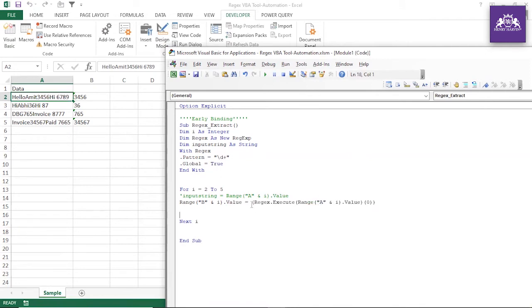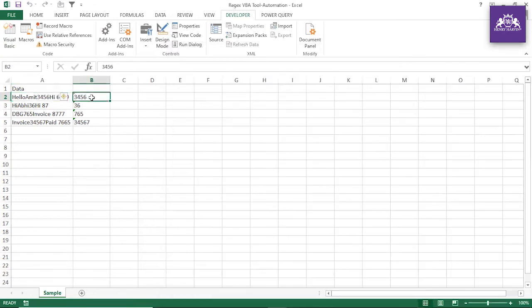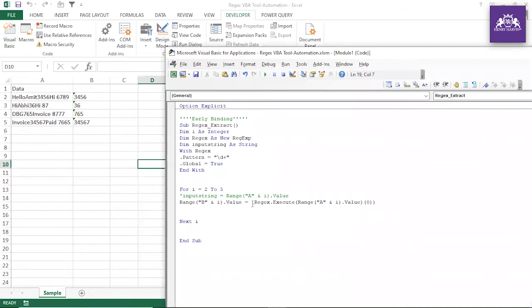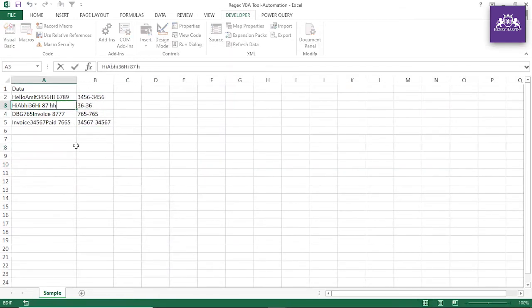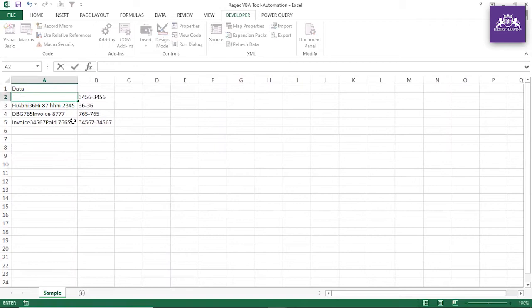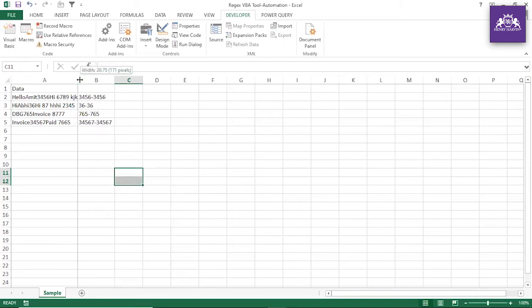All right, and if you want all the items returned, you know what you can do, guys, let me tell you one example. If you want the output to be 3456 6789, I will tell you two things. Either you write this Ctrl+C and ampersand and this ampersand this. All right, and if you write that, this is working, but I'm not convinced with that, because suppose you have some other instance like that, or maybe you have some other instance, once again Ctrl+Z, if you have some other instance, then this scenario fails.